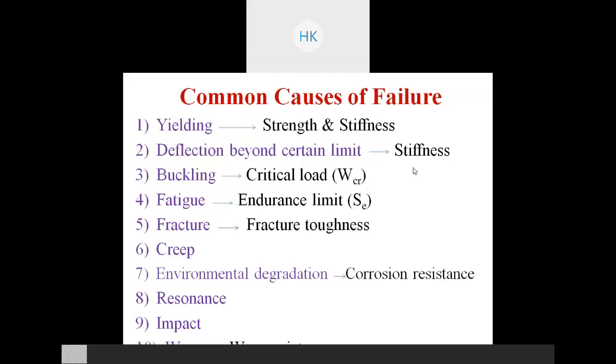So L by K, or in some cases we take it as length to cross section ratio also, L by D ratio, but actually it is L by K ratio. And if this slenderness ratio is greater than 3.5 and the member is subject to axial compressive load, then there is a probability of buckling of that component. And what is buckling? It is toppling along its length. Suddenly that component, without giving any indication, tries to topple or bend along its longitudinal axis. That is called buckling under the action of axial compressive load.